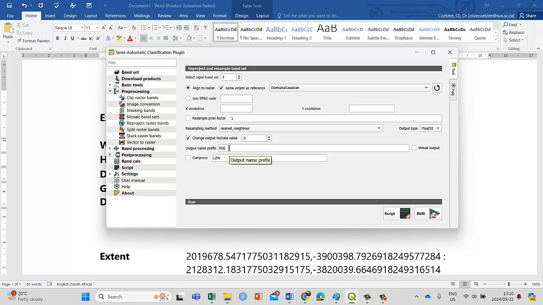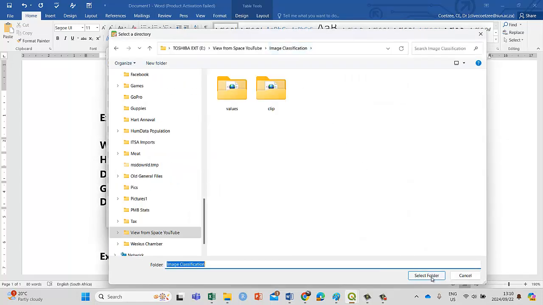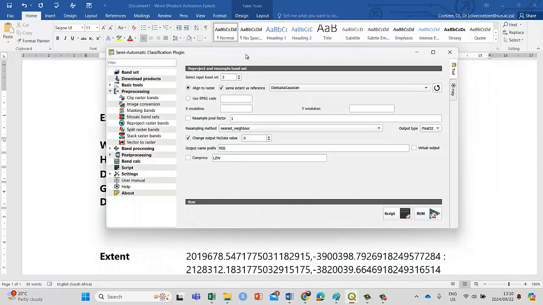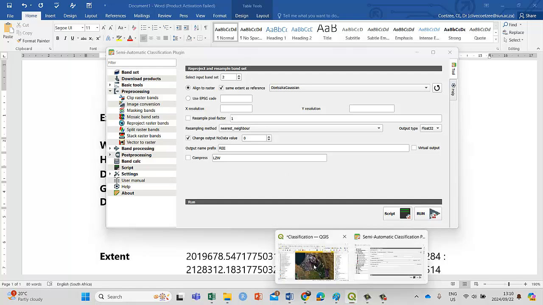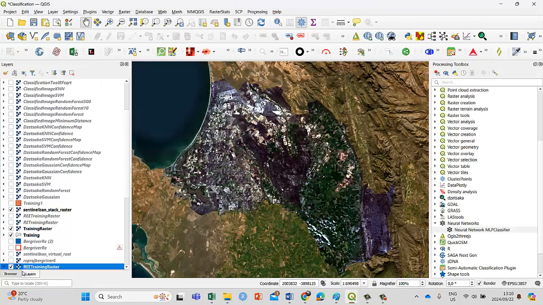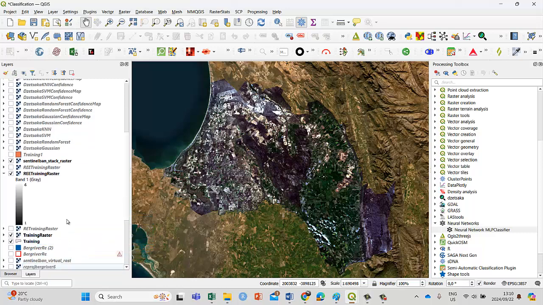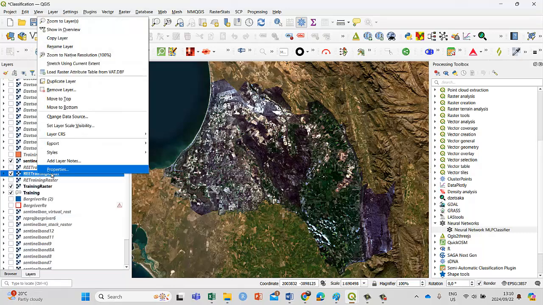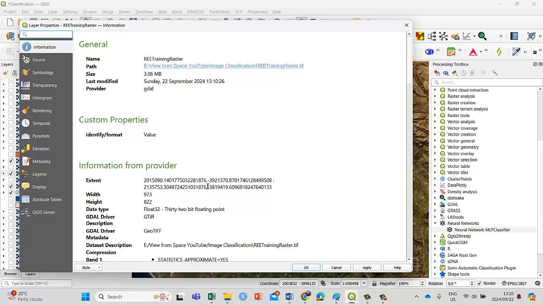Give it a name, output, I'm just using REE. Make sure there's nothing weird, nothing like that. We're going to run it and we're going to save it in that. It's going to give you the tiles and all these things. Yeah. And it should be done. And there it is. Okay, now right click on it, properties, and you see it's 1876, 1876, 973, 822, float